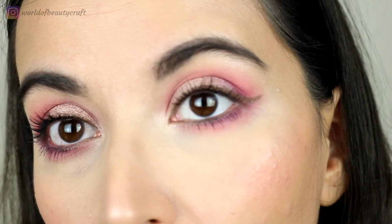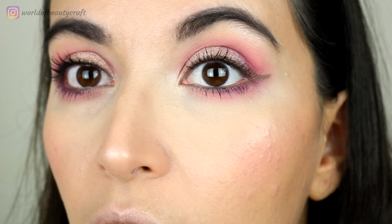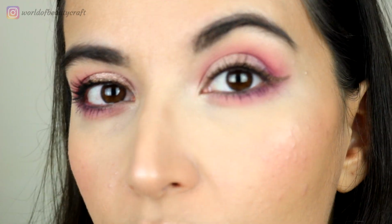Okay, so just as I promised, this is a close-up of the eye look finished. And I like how the eyeliner turned out. It's something very soft and discreet. And I think overall the look is very soft and pretty. And I wanted to do the eyes very soft like this because I have a bright pink lipstick and this